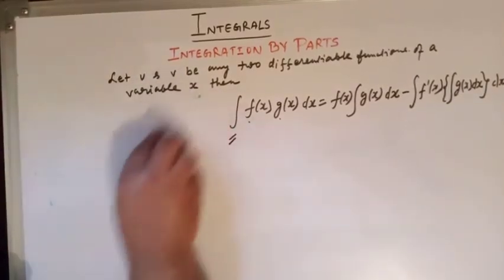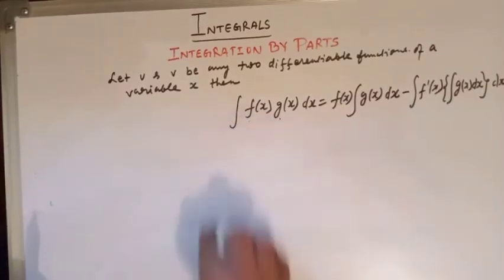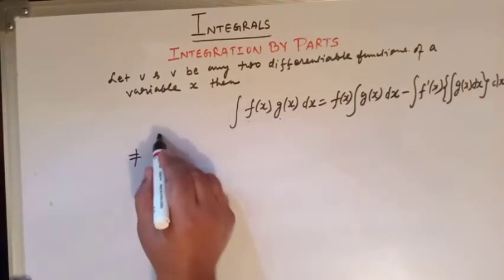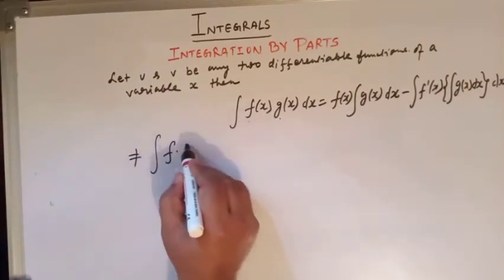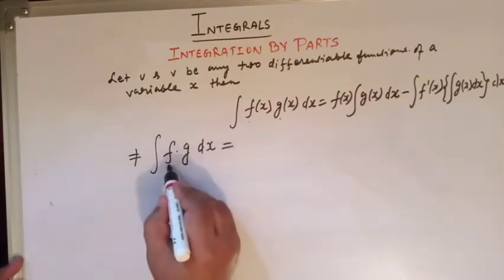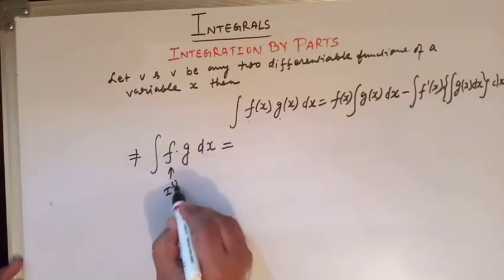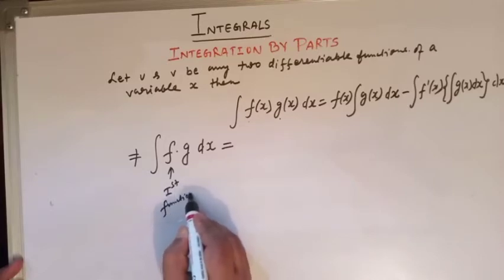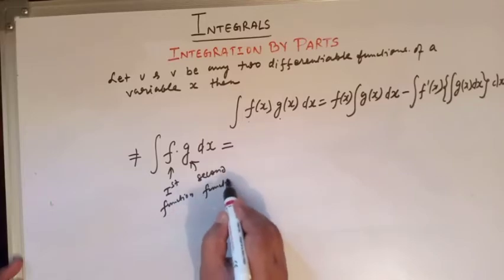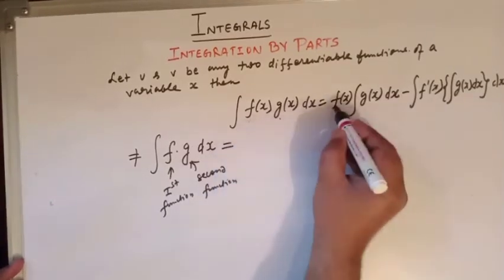Suppose we have two functions f and g, then we can write it like this: integral of f and g dx equal to, this is the first function, and this is the second function. Clear? So we can write the integral of the product of these two functions as f of x,